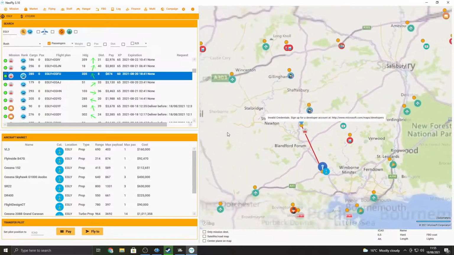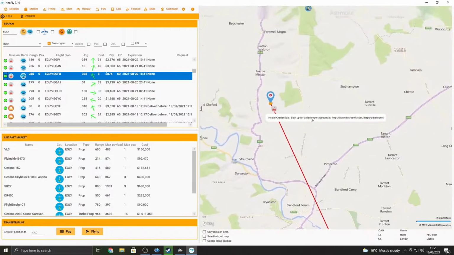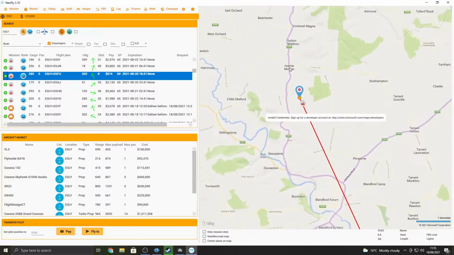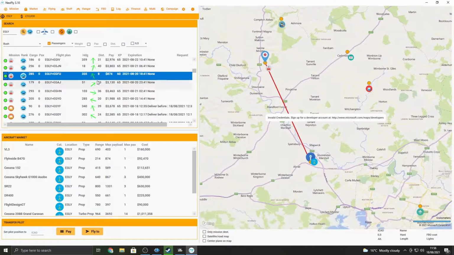In today's video we're going to be flying from where we left off, Echo Golf Lima Yankee at Newton Abbot, up to a place called that, however you want to say that. We'll go for Shillingstone. It's much easier to say than Iwerne Minster. Anyway, it's a very short flight, a bit like yesterday. I know I said I was going to do a longer one, but I'm still getting used to the sim and how it flies. So a nice little 8-mile flight,